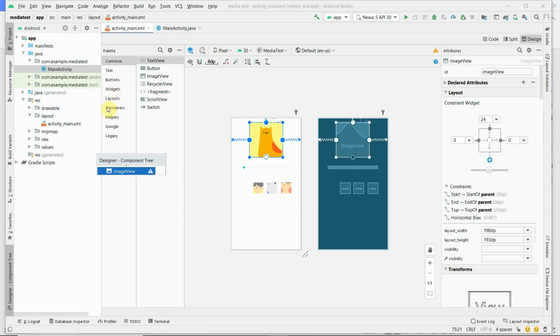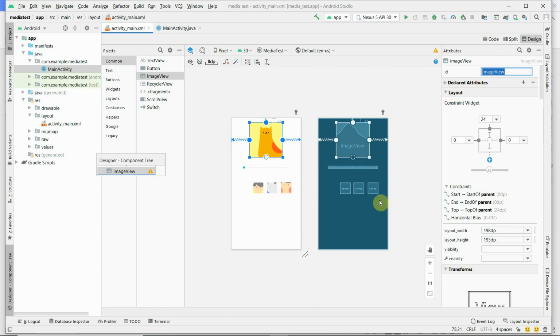Select image view from the common palette, and drag and drop. This is the image view and the ID you can keep as image view, no need to change the ID.